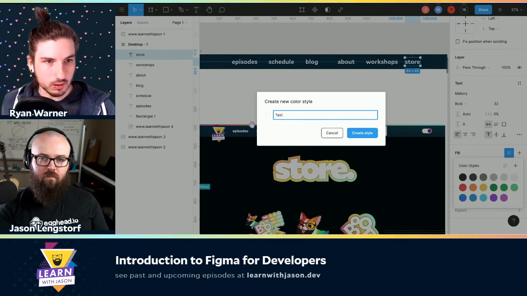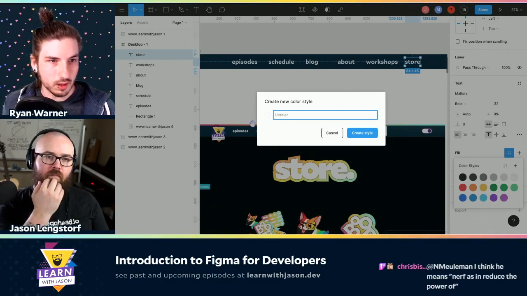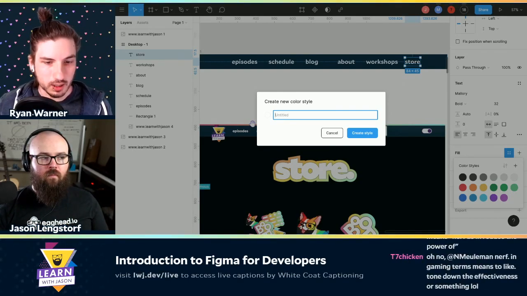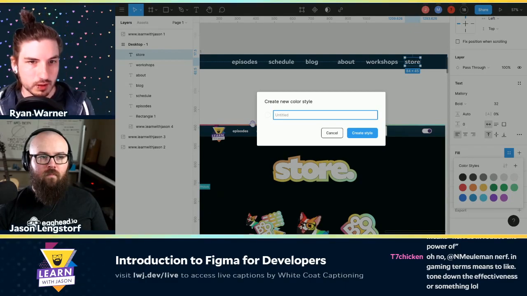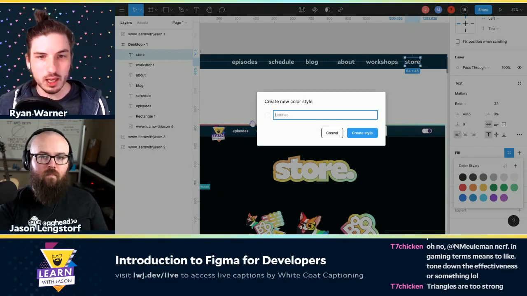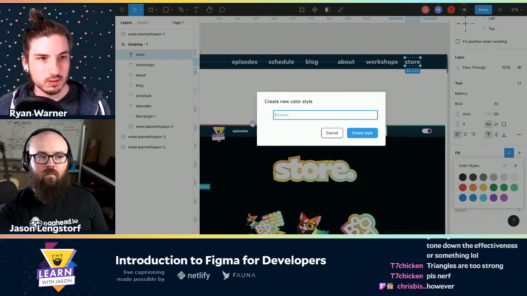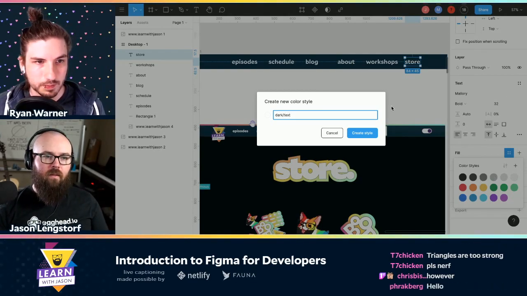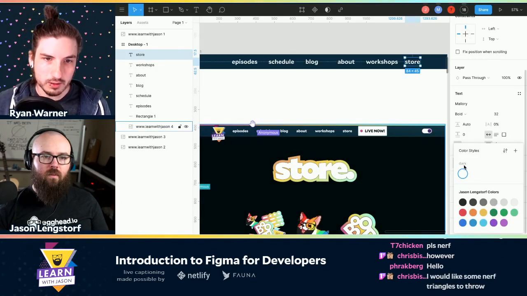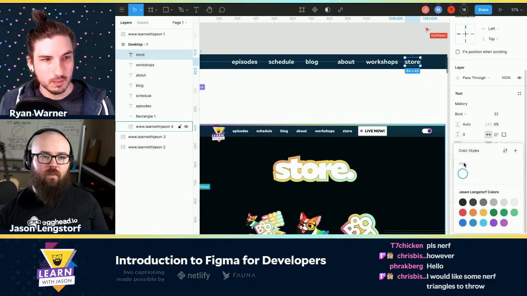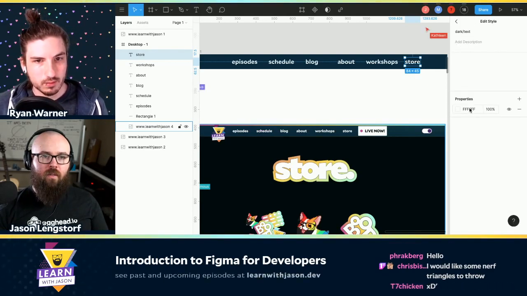But thinking ahead a little bit, I know you've got a dark mode and a light mode. And I'm not sure if they're the same. The text color here is the same between the dark mode and the light mode. But to show off a Figma feature, we can prefix this with a namespace. Okay. So we could call this dark slash text. Like that? Exactly. Okay. And then create style. And you'll see that dark slash is magic in Figma land. That's cool. All right. I'm on board.